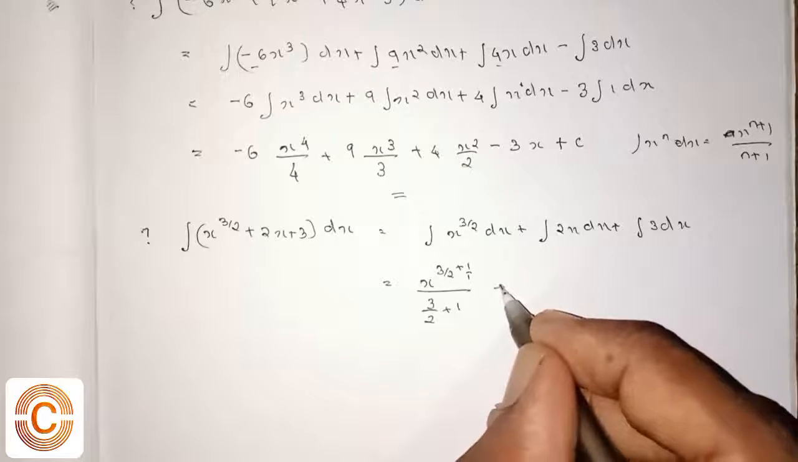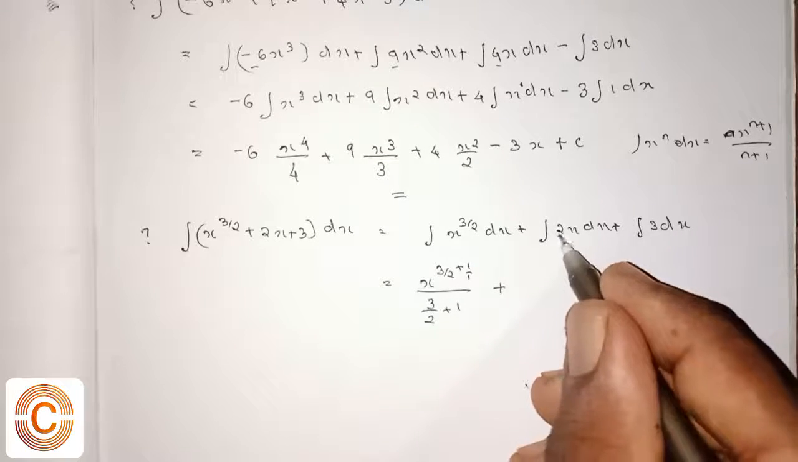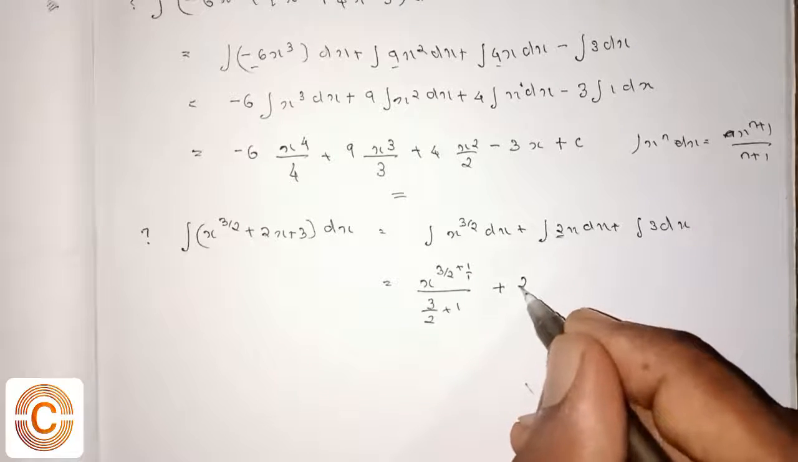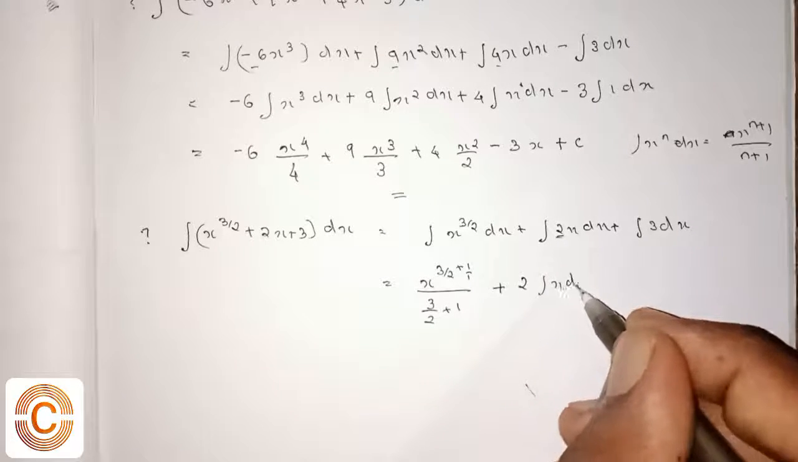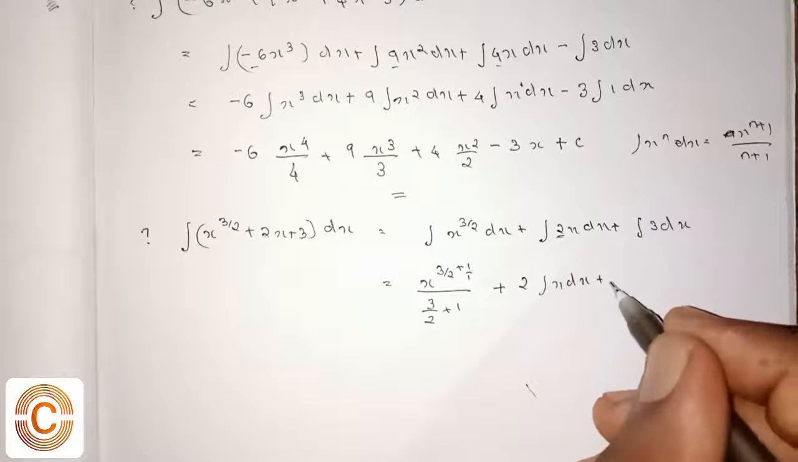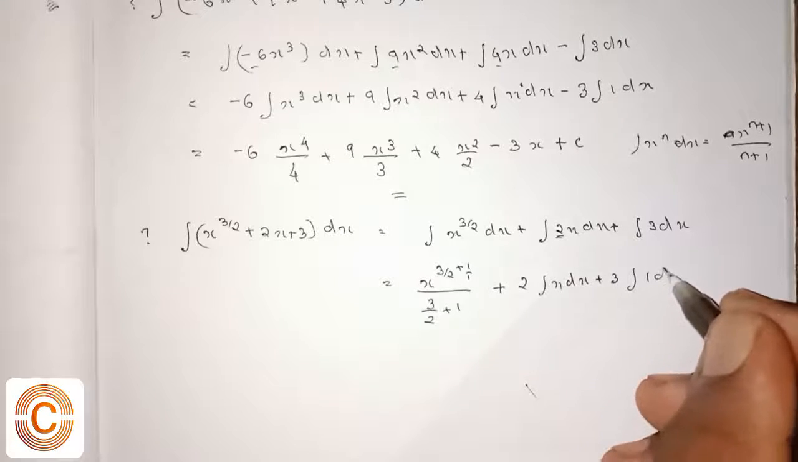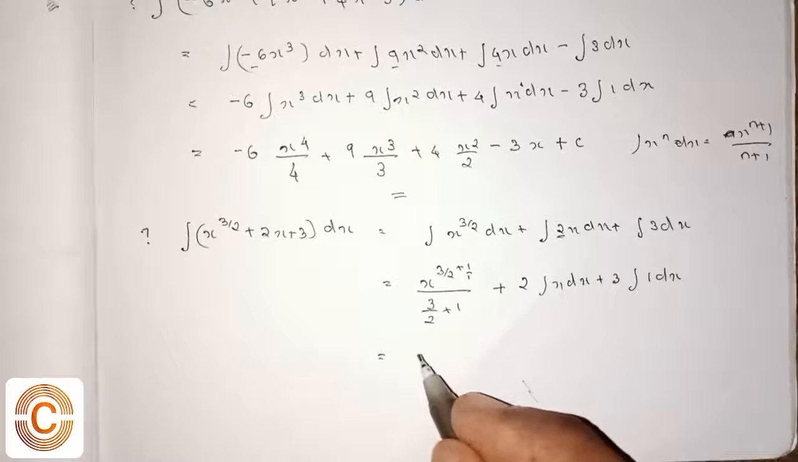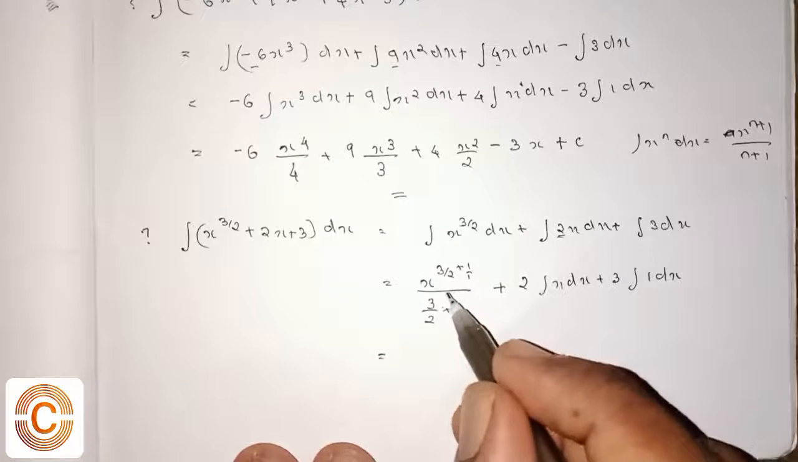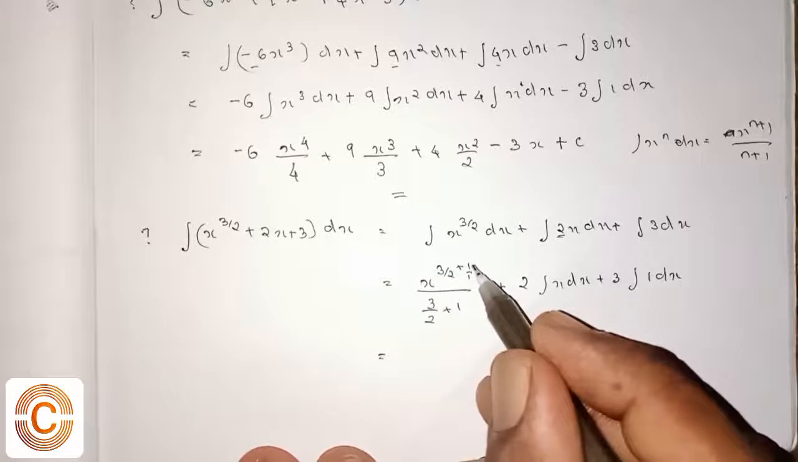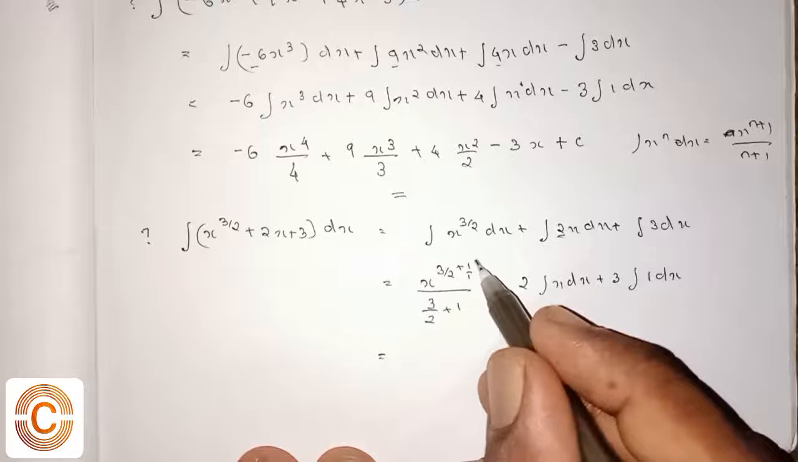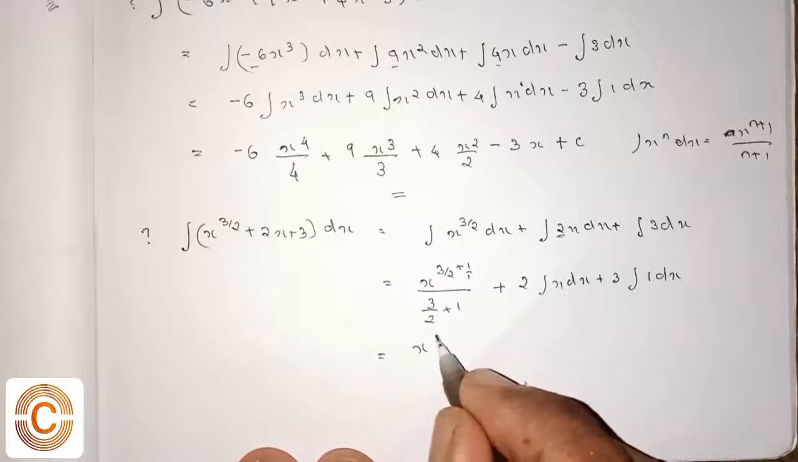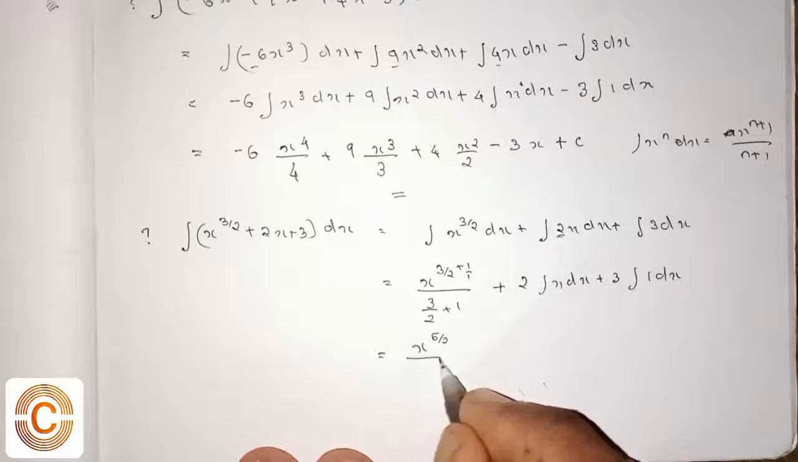Then the next term is plus integral of 2x dx. The 2 is a constant, so take it outward: 2 into integral x dx, plus integral 3 dx, that is 3 into integral 1 dx here. So in the first term it becomes x raised to 3 by 2 plus 1, which is equal to 5 by 2 in value, that is x raised to 5 by 2 whole divided by